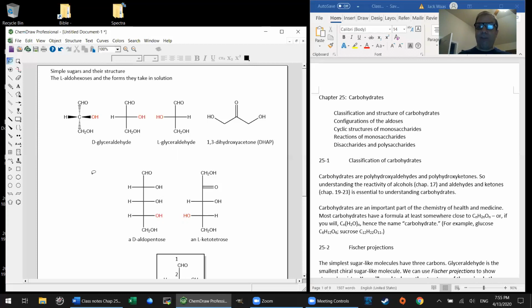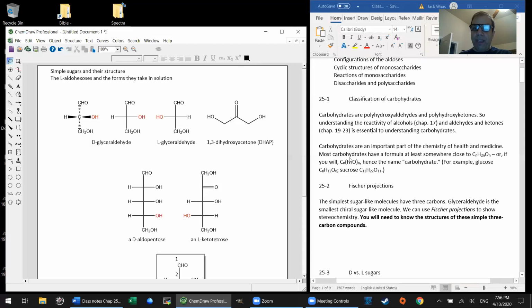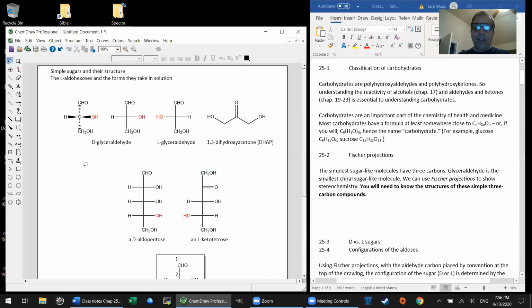So carbohydrates, I don't think I need to spend a lot of time convincing you about their importance. We understand carbohydrates as being one of the main sources of fuel for life as we understand it. We're going to start small with the smallest possible compounds that can really be considered to be carbohydrates, and then work our way up gradually to glucose. So that's what I have planned for this video.